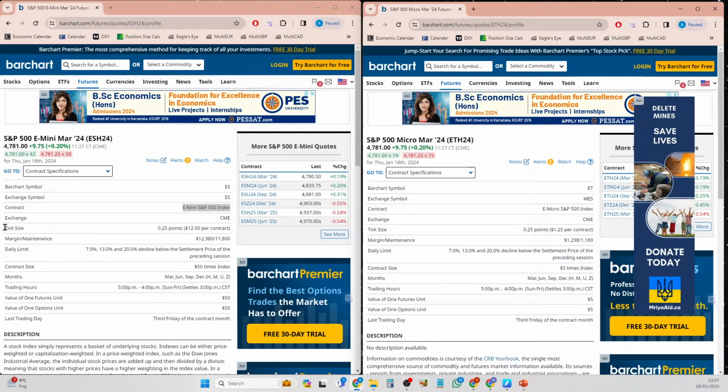Now, what's important is to understand the value of the fluctuations that happen in the index. So there is something called tick size. What this tick size means is, this is the current price of the contract over here. This price generally moves up and down in multiples of 0.25. That's how it is written, 0.25 points. So these two digits after the decimal will always be a multiple of 0.25.